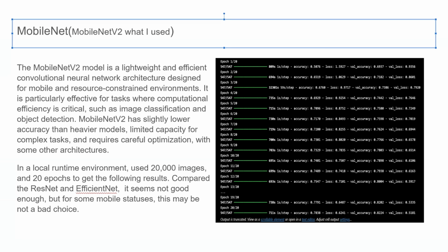MobileNet has slightly lower accuracy than heavier models, limited capacity for complex tasks, and requires careful optimization with other architectures. In a local runtime environment, I used 20,000 images and 20 epochs to get the following results. Compare the ResNet and EfficientNet. It seems not good enough, but for some mobile use cases, this may not be a bad